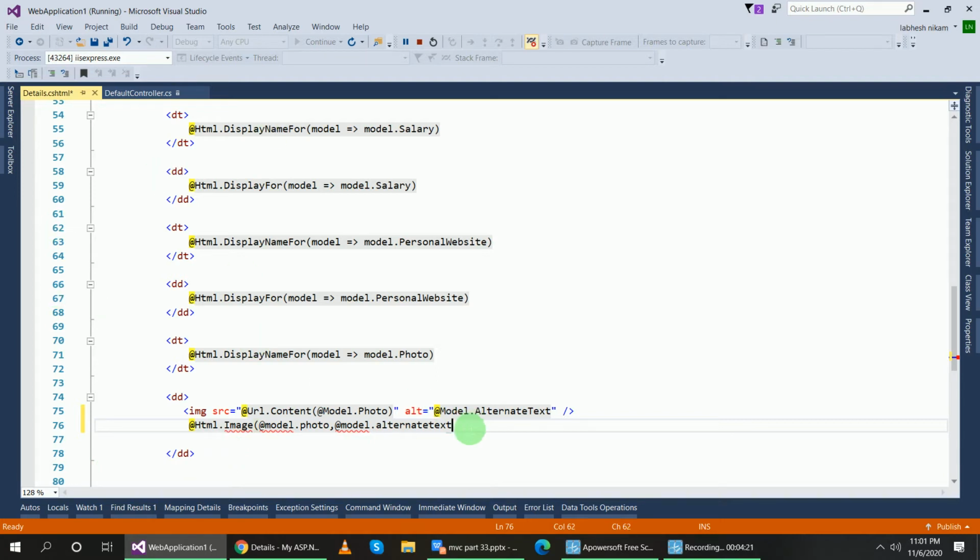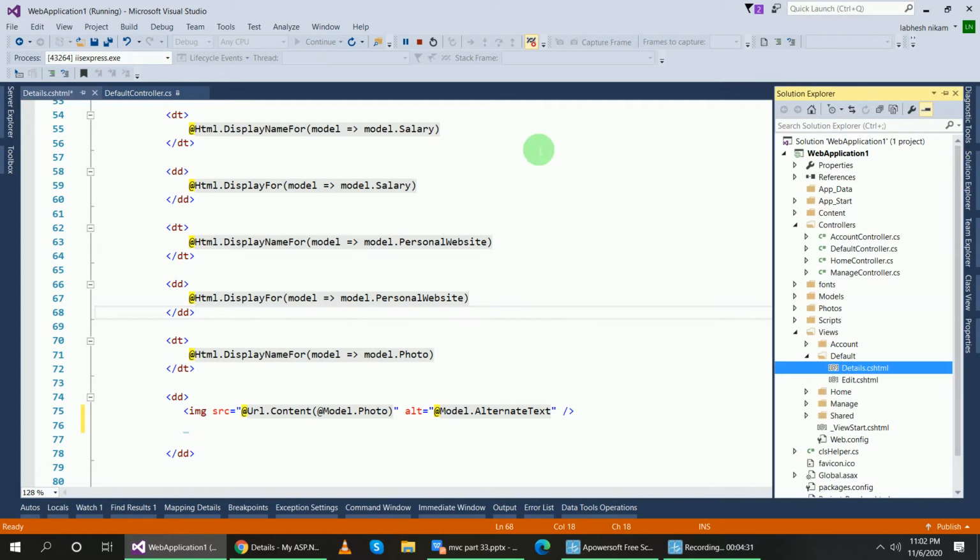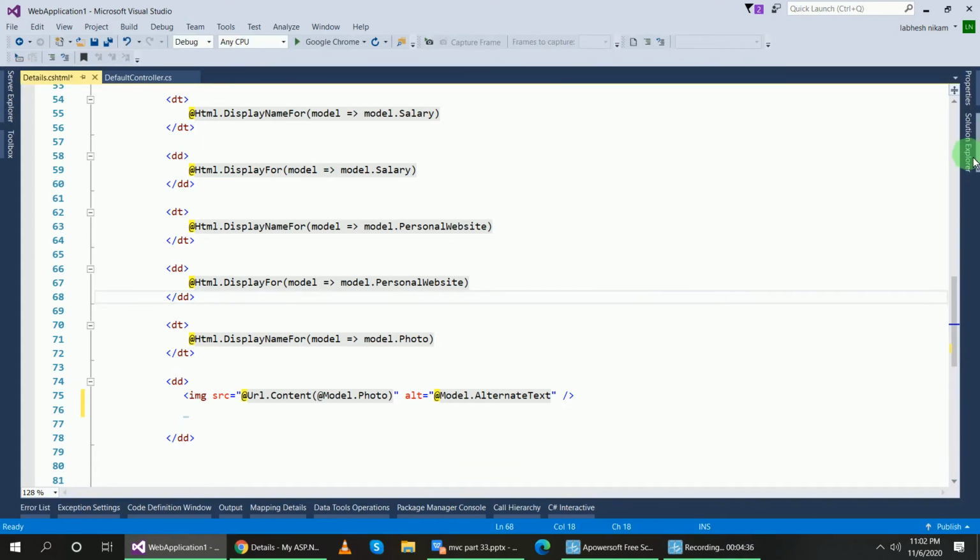So let's create a custom HTML helper. How to create it? Suppose I want to create an image custom HTML helper. First I will create a static class in a folder.